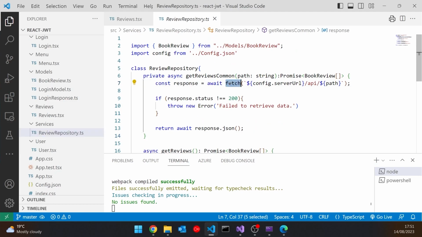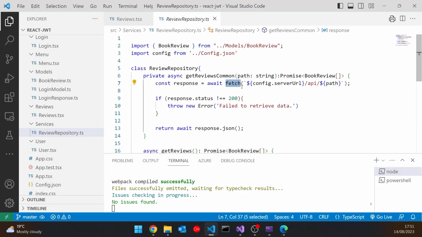So this is something you'll find is rather different in something like React from Angular. Angular has its own library for doing HTTP requests, whereas in React, to start with at least, we typically just use the basic fetch API that we have within JavaScript, though we are going to change that in a moment.